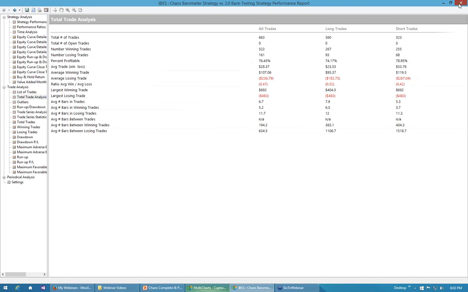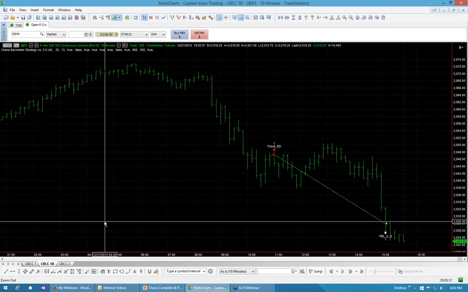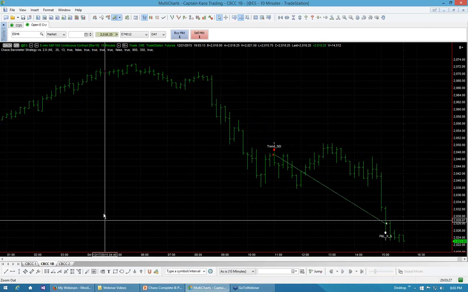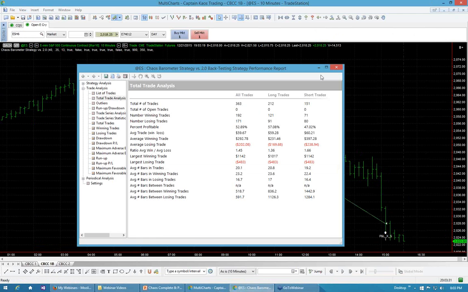All right, let's go on and take a look at one of the other ones here. This one is almost exactly the same as the other one I just showed you. The difference is that we're not using any trailing stops. We're hunting for the big trades. This is the big game hunter one. We want the big elephant on this particular trade. So if we take a look at the strategy performance,